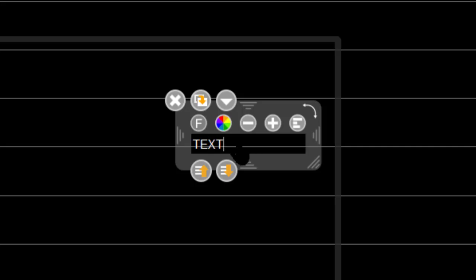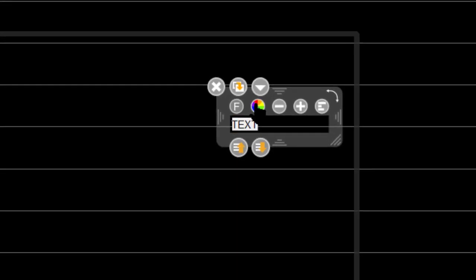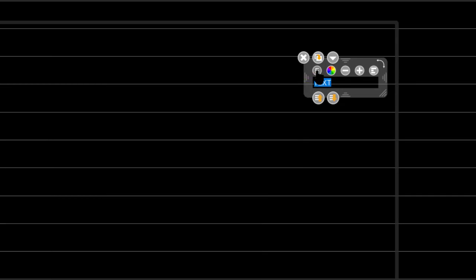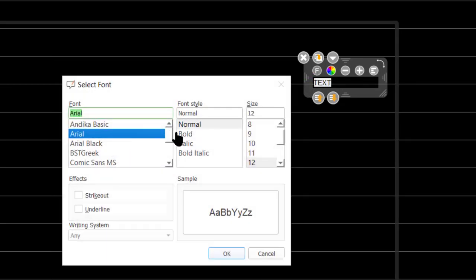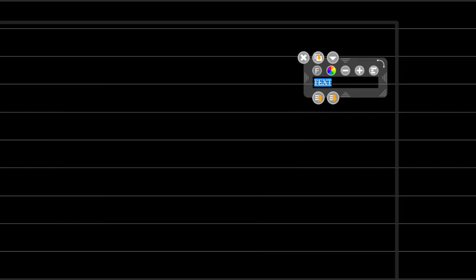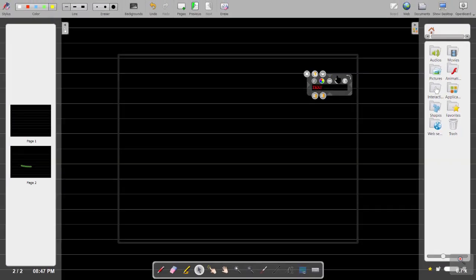And this text you can modify by using this color palette. You can give any color by using this color palette, and you can make it bold, italics, strikeout, underline, anything you can do. You can change the font also by using this one. After typing, if you deselect, you can see the text only there. That border will move. So you can change the place of this text to anywhere according to your wish. So this is the text tool. To delete, simply click there.